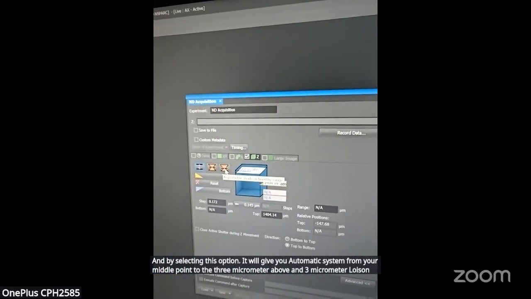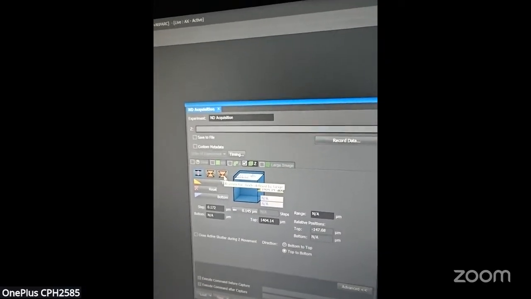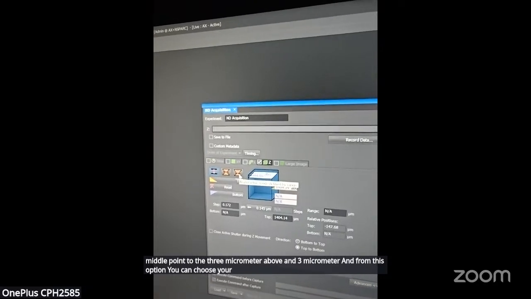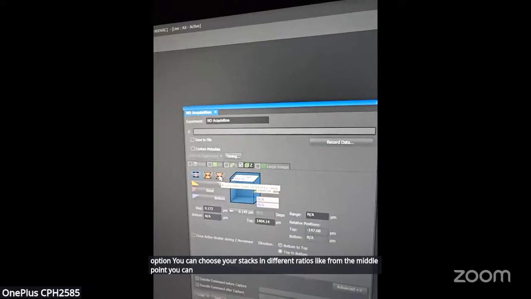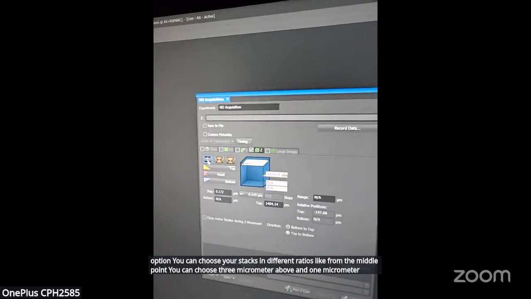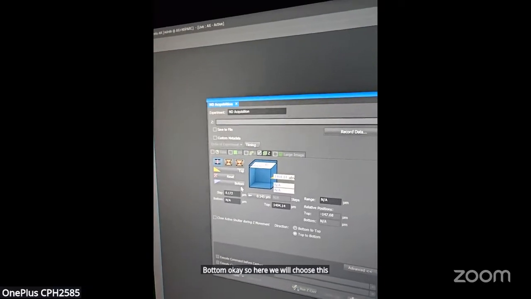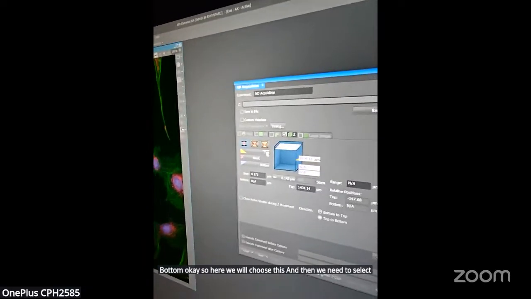And from this option, you can choose your stacks in different ratios, like from the middle point, 3 micrometer above and 1 micrometer bottom. Here we will choose this, and then we need to select top and bottom.